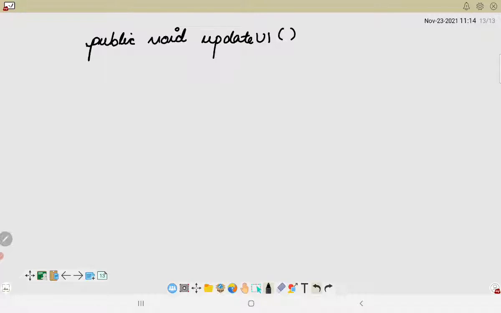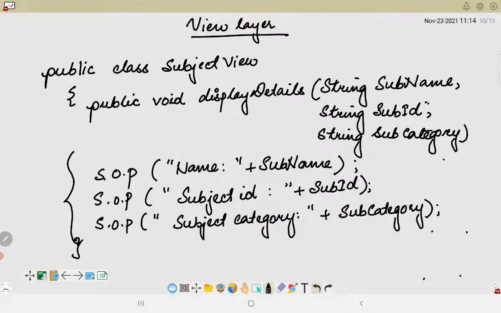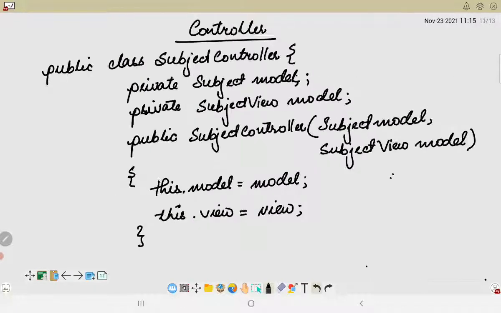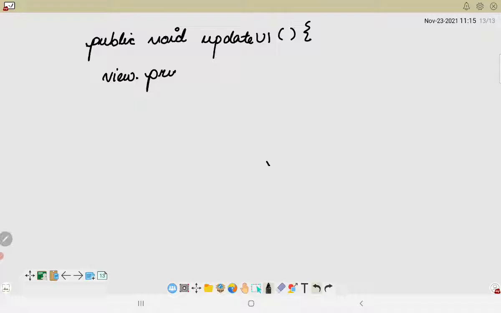When we are using this particular method, here we will be calling the view layer or the view class. Which method did I use in my view? This was displayDetails, so I will call this method here. So this one would be view.displayDetails.